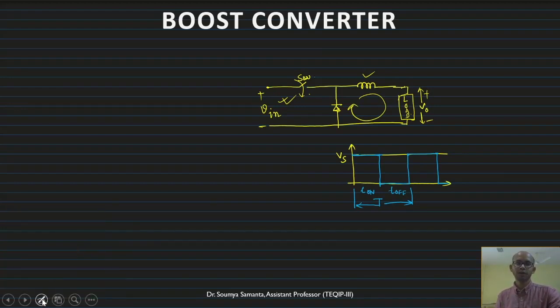What is the average voltage we get? This is the average output voltage, V output. Obviously you can see that V output is less than Vs. We can get V output equal to Vs only when T on equals the total time T, that is, the switch is continuously on. Otherwise we will not get this voltage, considering the ideal condition with no loss in the switches and inductors. So this is the buck converter or step down converter, where I step down the voltage.